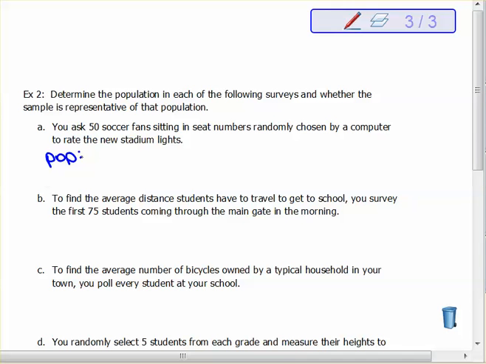We're going to be surveying 50 soccer fans. So our population then would have to be all soccer fans in that stadium. We're just choosing 50 of them as our sample. That's a smaller subset of the greater group. Now, is this representative of that population? Well, it would be, because we are randomly choosing 50 people out of that group. So this is a random sampling of those students. So yes, that would be a fair